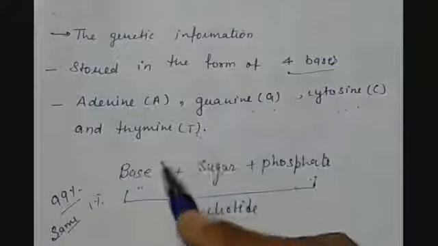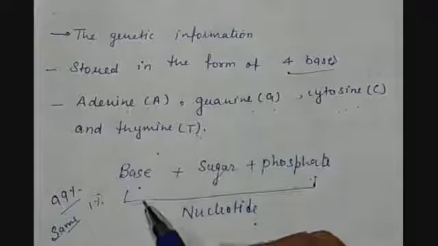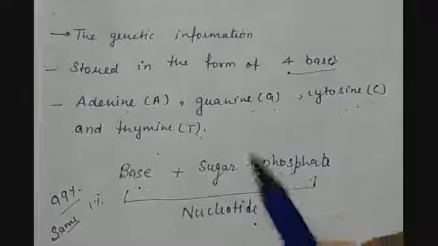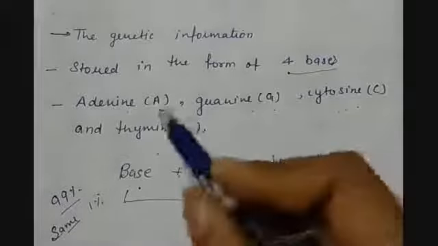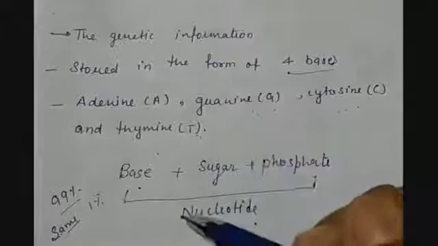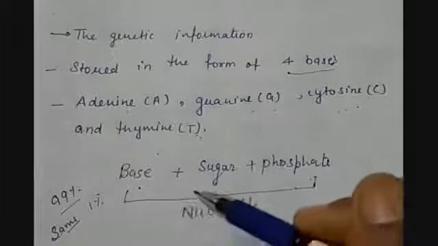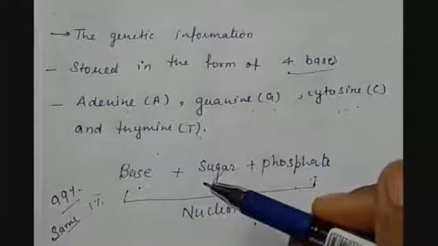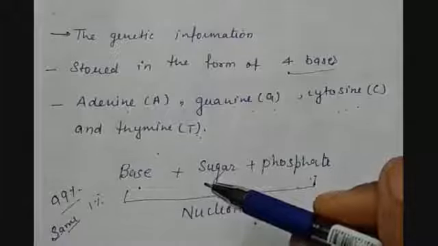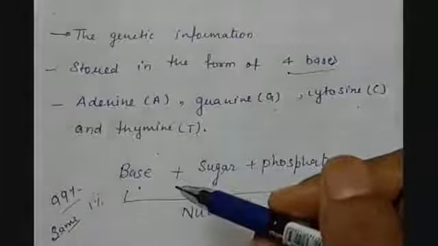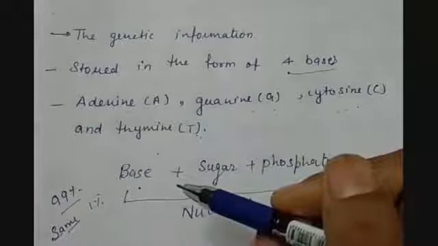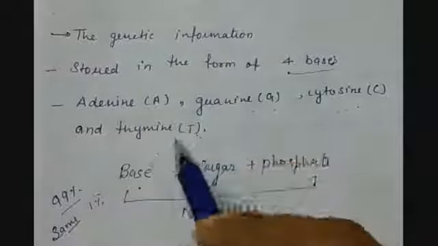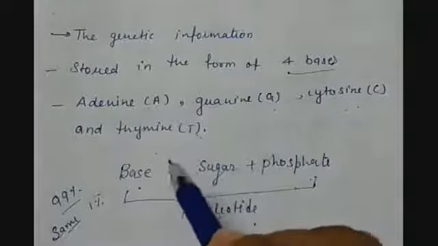So basically the DNA carries some of the base pairs. Along with them, sugar and phosphate groups are also there, and the sequence in which these base pairs are attached makes all the possibilities, or it makes a blueprint or a base for the formation of a new individual. So it carries the genetic information and the traits of the organism, and with the help of creating a copy of DNA, the traits are passed to the next generation.